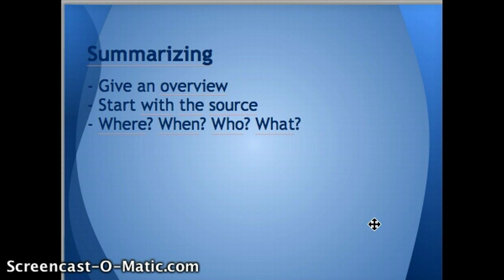This was an oral summary of the film, and it said where it took place, in the United States. I also said when it took place, in the far-off future. I also said who it was about. It was about Katniss Everdeen. And I briefly said what it was about, the 12 districts and the reality TV show and so on. So these are the ground rules for what you are doing later this week.